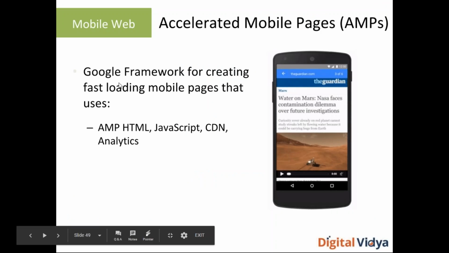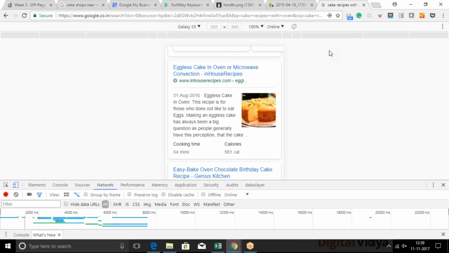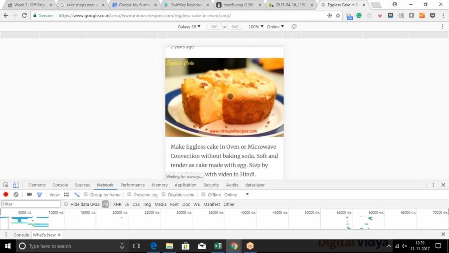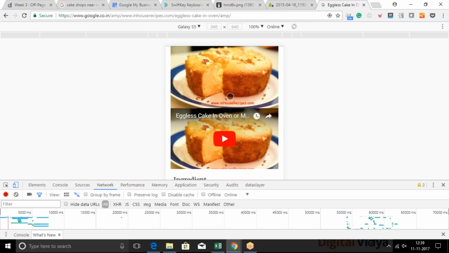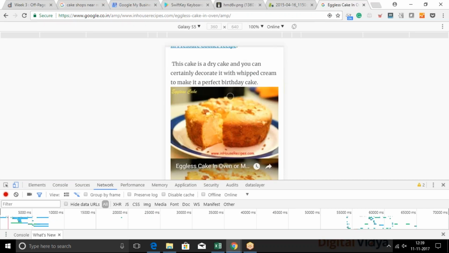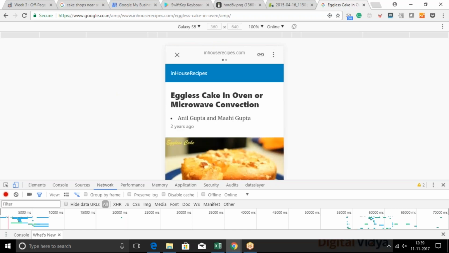This is a framework by Google for creating fast loading mobile pages. AMP is a program framework created by Google to load the page faster. If you open this page, it will load only the text and the image, nothing else. You will see only links, text and image, right? Or lighter video, right? While if we open this page on desktop,